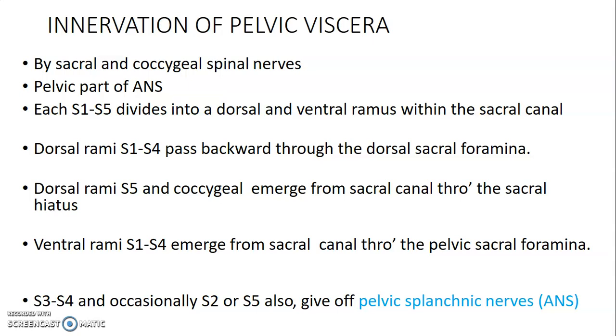Each nerve S1 to S5 divides into a dorsal and ventral ramus within the sacral canal. The dorsal rami of S1, S2, S3, and S4 will pass backwards through the dorsal sacral foramina, while the dorsal rami of S5 and coccygeal nerves will emerge from the sacral canal through the sacral hiatus. The ventral rami of S1 to S4 will emerge through the pelvic sacral foramina, and S3 and S4, occasionally S2 or S5, will also give pelvic splanchnic nerves that are components of the